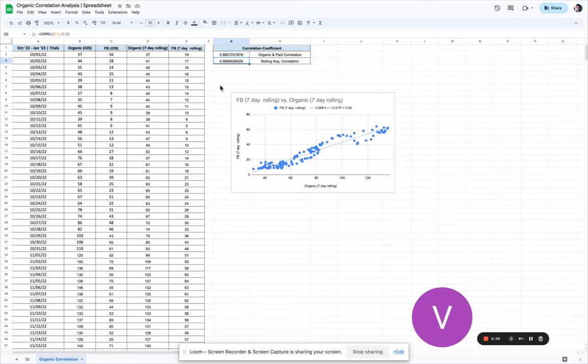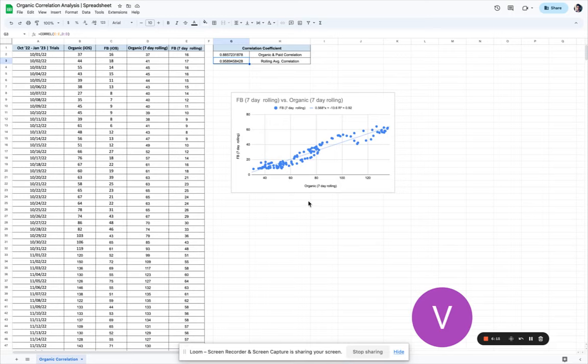Furthermore, the value of 0.95 is much closer to 1, which indicates a strong positive correlation between organic trials and Facebook trials. This means that as organic trials increase, Facebook trials also tend to increase, and that is visible in